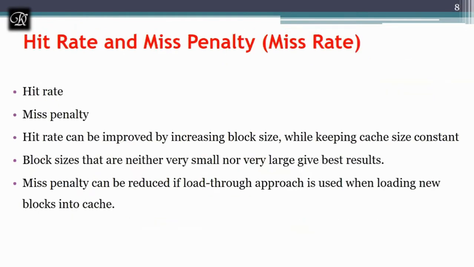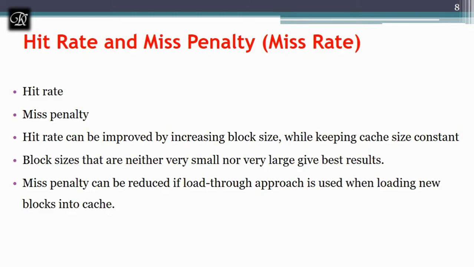Next, we'll see some definitions of hit rate and miss penalty or miss rate, which I discussed more in the previous example of mapping algorithms. Hit rate is the total sum of all the hits whenever the processor requests a series of blocks from the cache. If all those blocks are available in the cache, then the total number of blocks equals the total hit rate. If there are some misses, the hits will be counted and the misses will be counted, which I explained how to count in the previous video. That summation is called the miss rate or miss penalty.